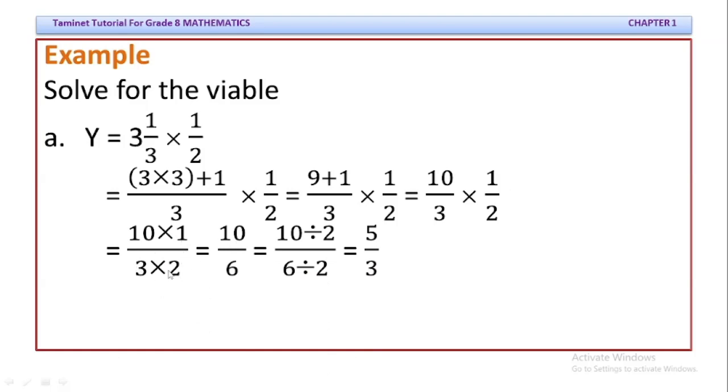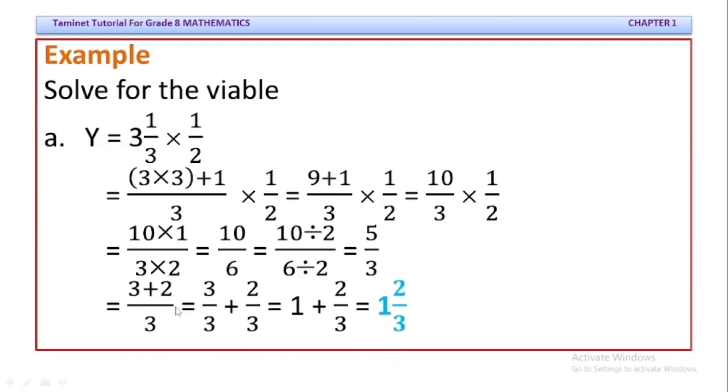So 10 times 1 is 10, 3 times 2 is 6, so 10/6 is an improper fraction, so we can reduce it into the lowest term. So 10/6 is a multiple of 2, so 10 divided by 2 is 5, 6 divided by 2 is 3, so the equivalent lowest term of 10/6 is 5/3. Now it is still an improper fraction, so we can change this improper fraction into a mixed